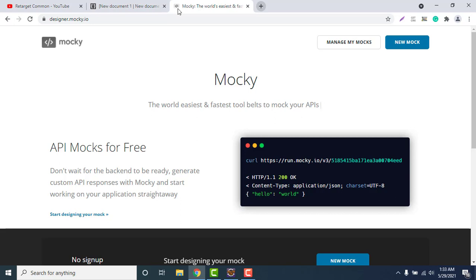Suppose that user part is not ready or is down, and I want my testing of this module not to be impacted. That module is not independent, but whatever functionality is dedicated to it should work.